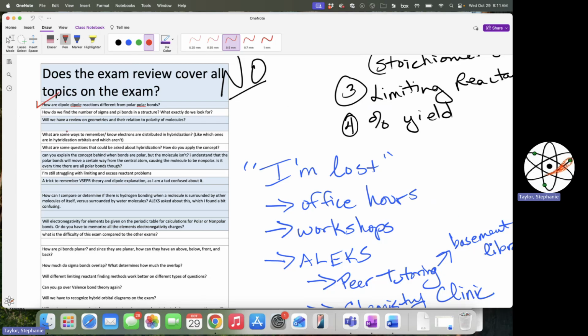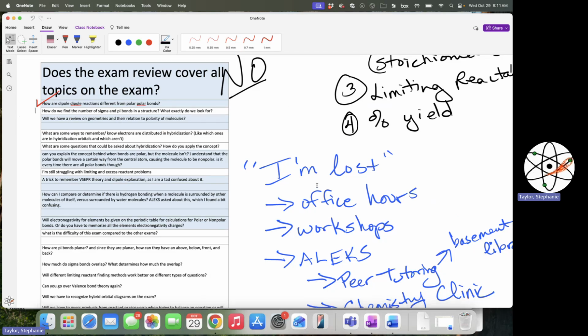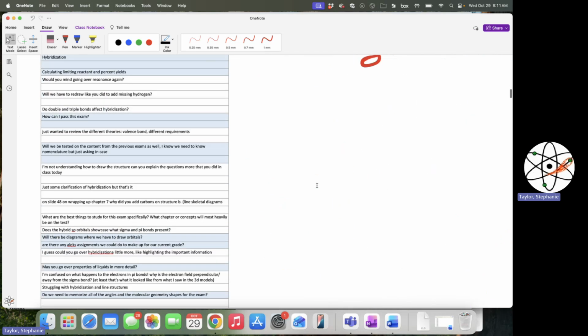How do we find the number of sigma and pi bonds in a structure? What exactly do we look for? I didn't address sigma and pi, even though that one got asked about. So if the goal is just to count sigma and pi, then counting sigma and pi, one of the main things to be aware of,